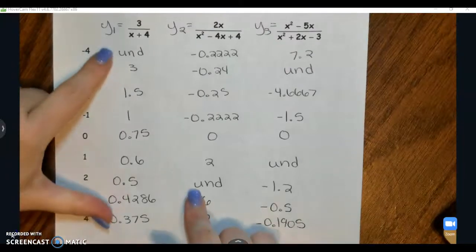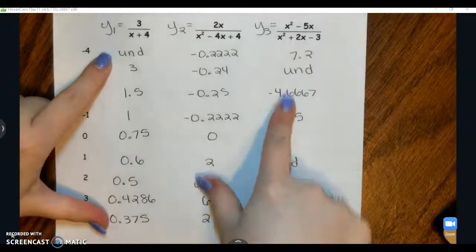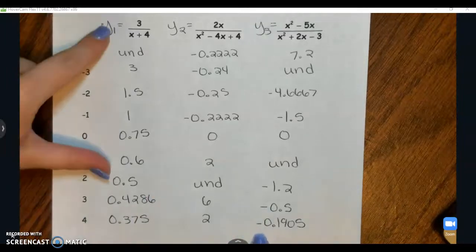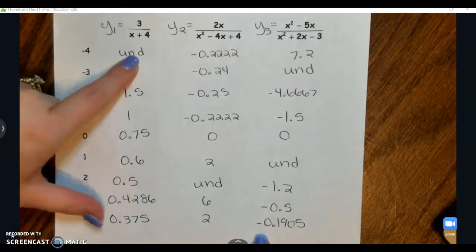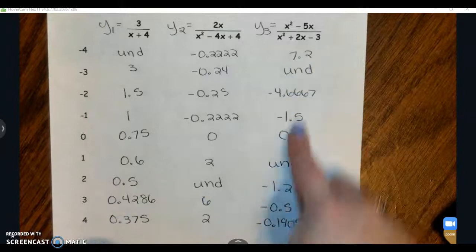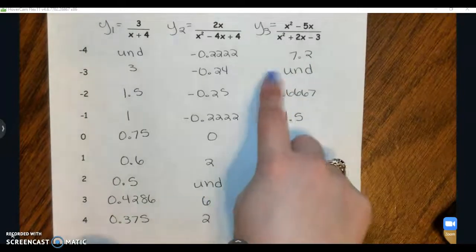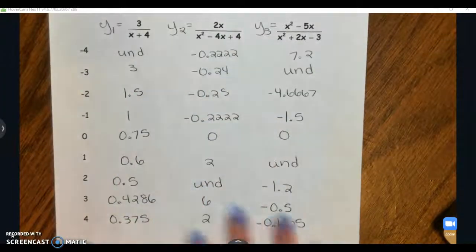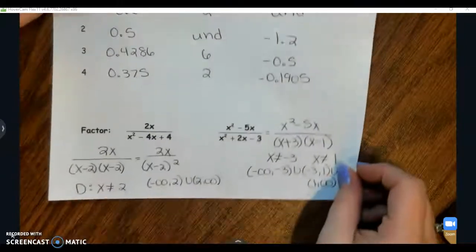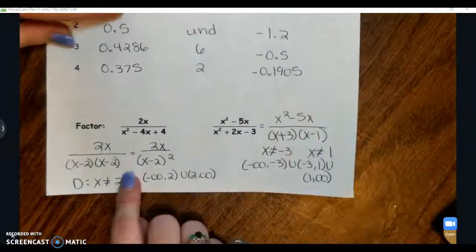Anywhere that you saw the error, that's an undefined value for our expression, and that meant that we ended up with 0 in our denominator. That's one of the boundaries for our domain. Okay, so in y1, your domain could not include -4. In y2, your domain could not include 2. And in y3, our domain could not include 1 or -3. So that's what this is showing you, is how to identify on a table where your boundaries are. Now those last two, I'm not going to work, but you can check. You would factor